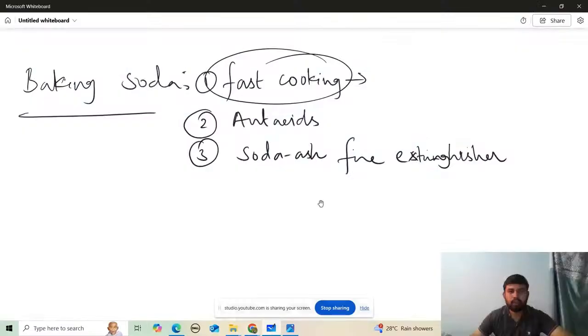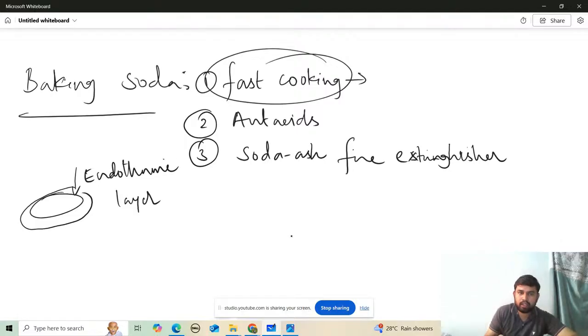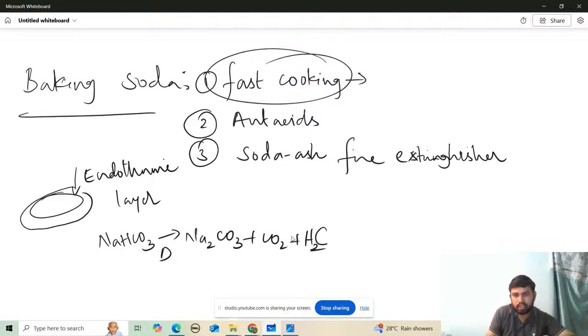Now come to the next use. Suppose you think like this is the grain. This grain contains something called an outer layer, which you can say is the endothermic layer. I'll write a reaction here. NaHCO3, sodium hydrogen carbonate, on heating produces Na2CO3 plus CO2 gas plus H2O. So this is nothing but a